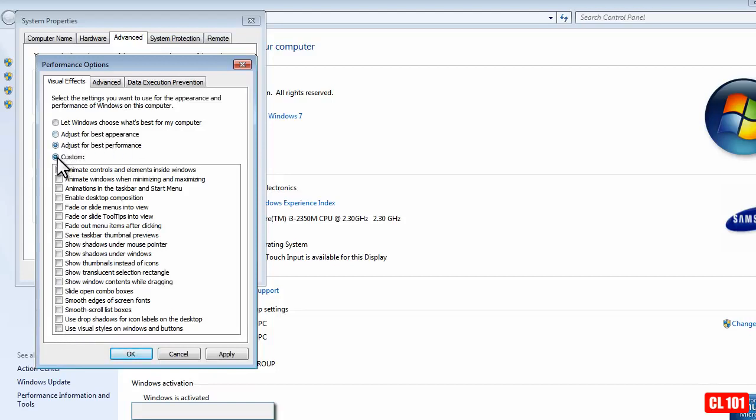Or you can do a custom one. So you can basically pick and choose what you want as some of the visual features. Like for example, I will leave this and this checked. I do like shadows under the mouse and shadow under Windows, and I will use visual styles on Windows and buttons and the smooth scroll list for boxes. So after you've selected and decided which ones you want, of course, the less checks you have, the faster your Windows will run. You can click on Apply,